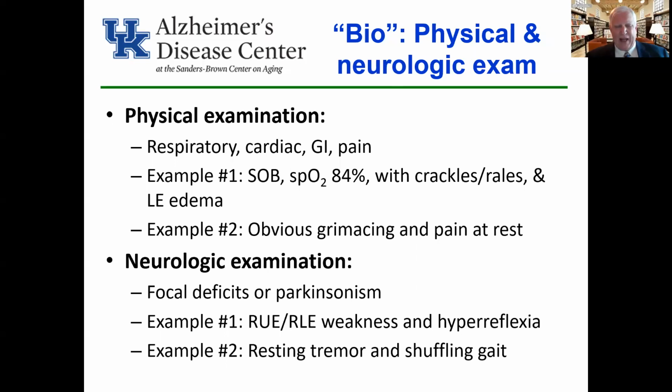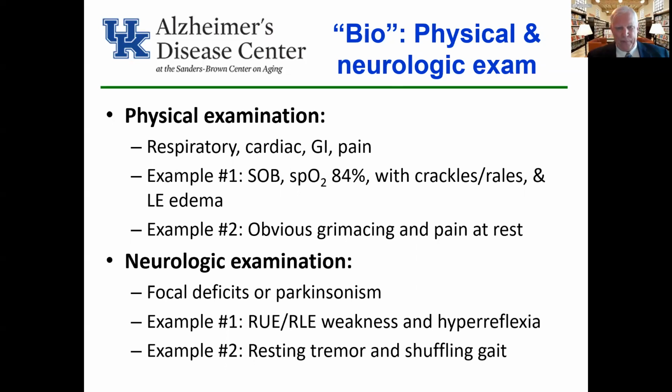So we might see, as an example one, somebody who comes in and we can see that they're in respiratory distress with shortness of breath, a pulse oximetry of 84%. On the pulmonary exam, crackles and rales throughout, and lower extremity edema. And we realize that they're in the midst of a congestive heart failure exacerbation, likely responsible for their decline in